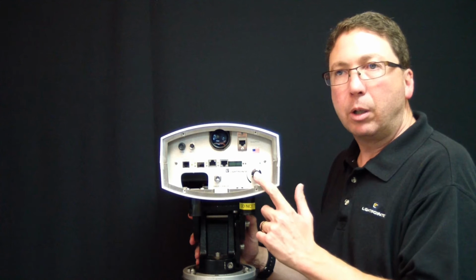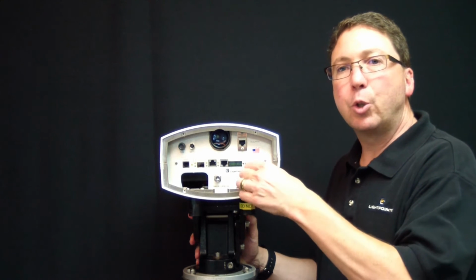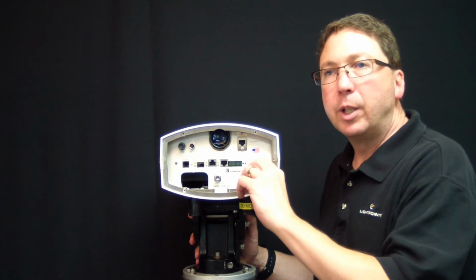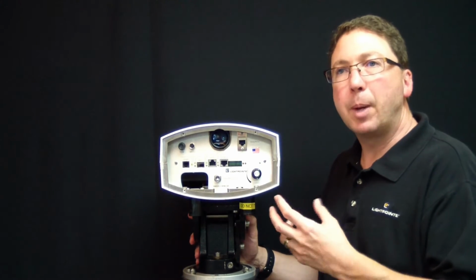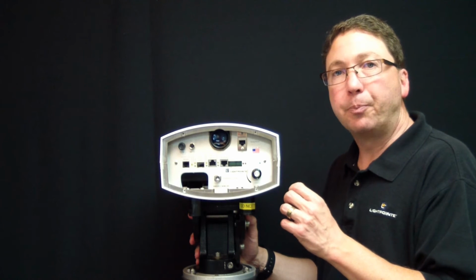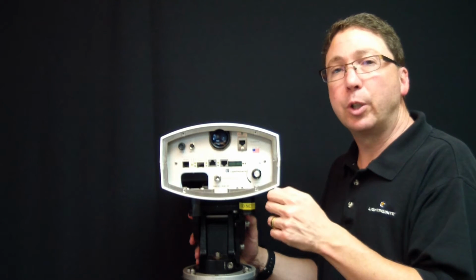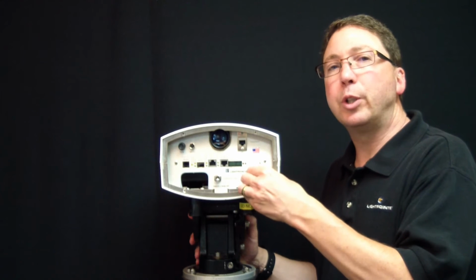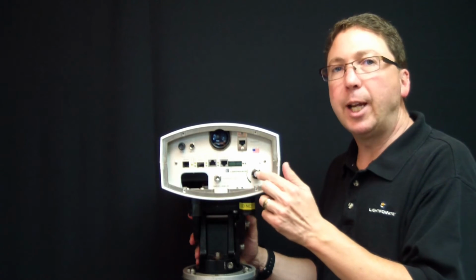First is our manual attenuator. When you're first aligning the system, you're going to turn the entire attenuator completely counterclockwise. When you turn it completely counterclockwise, you're opening it up, reducing the amount of attenuation, which then allows you to easily align the system. If your installation is close enough, you're going to see the unit go into an overload state, at which time you're going to turn the attenuator knob clockwise until you see it drop down to approximately 8 bars of signal